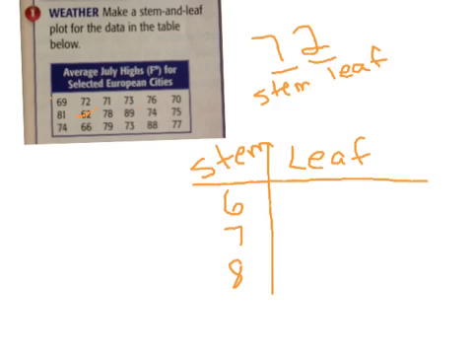So we have 62, 66, 69, and I think that's all the 60s I see. Now I'm going to look at my 70s. I have a 71, a 72, 2 73s, and I'm going to list both of the 3s, 2 74s,